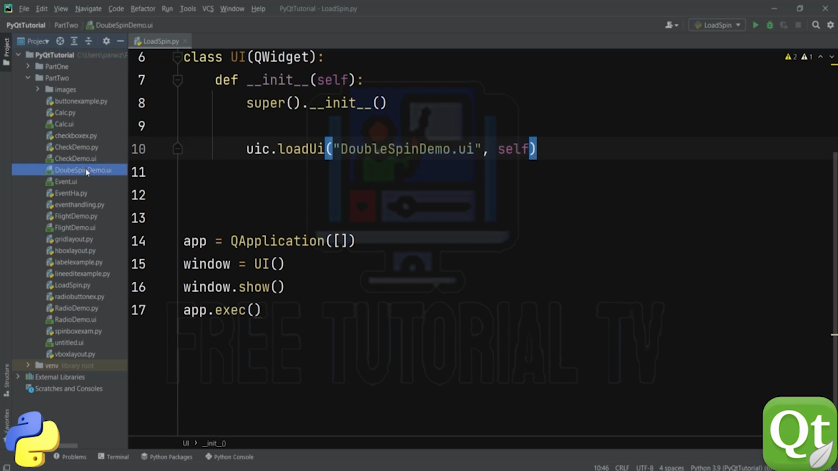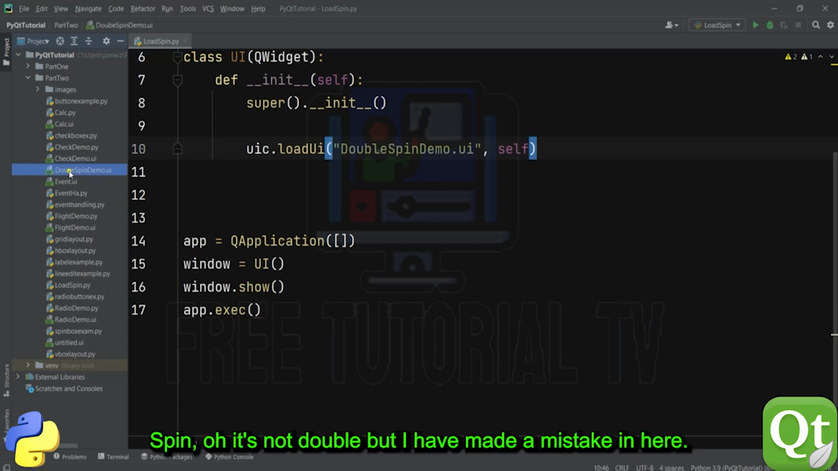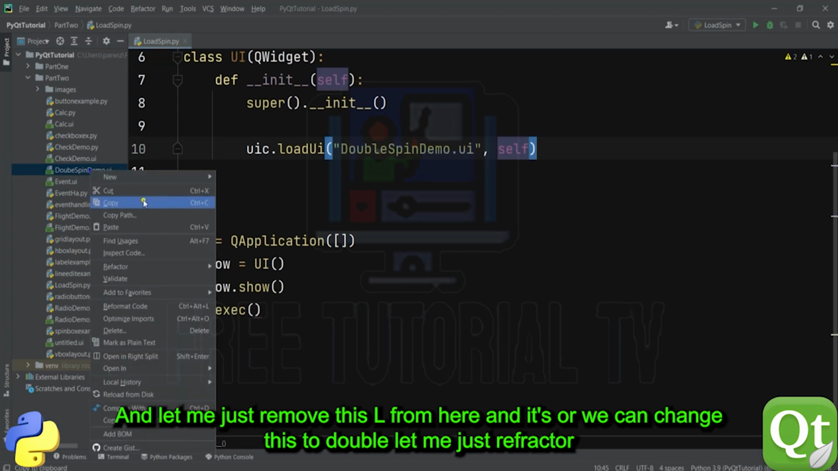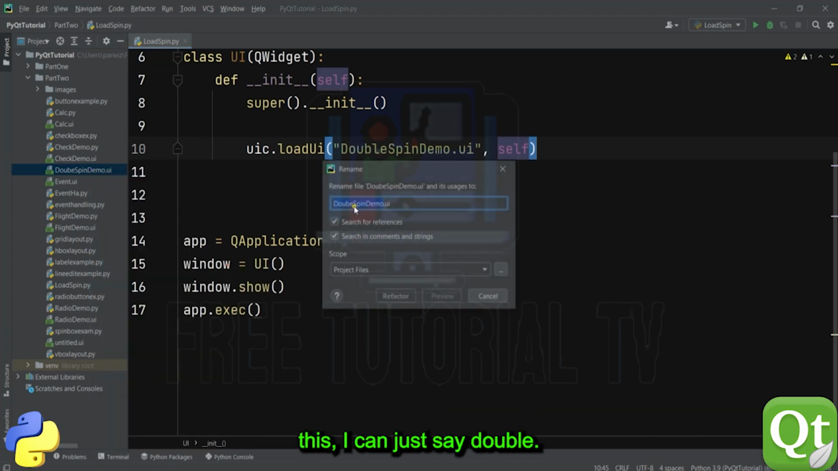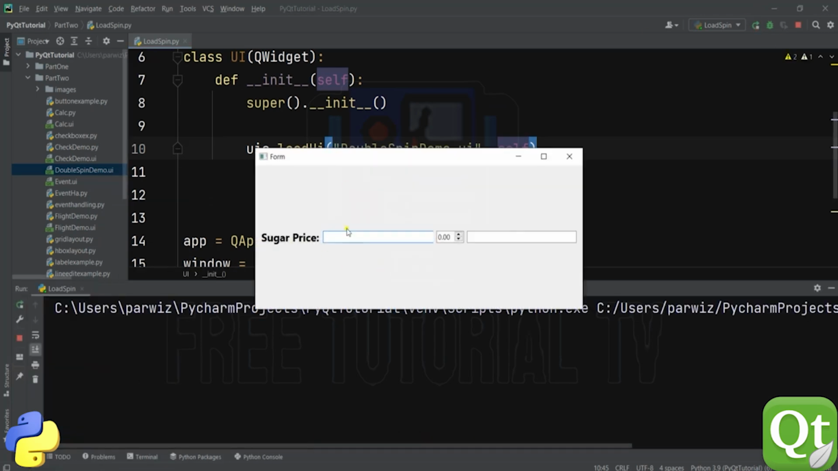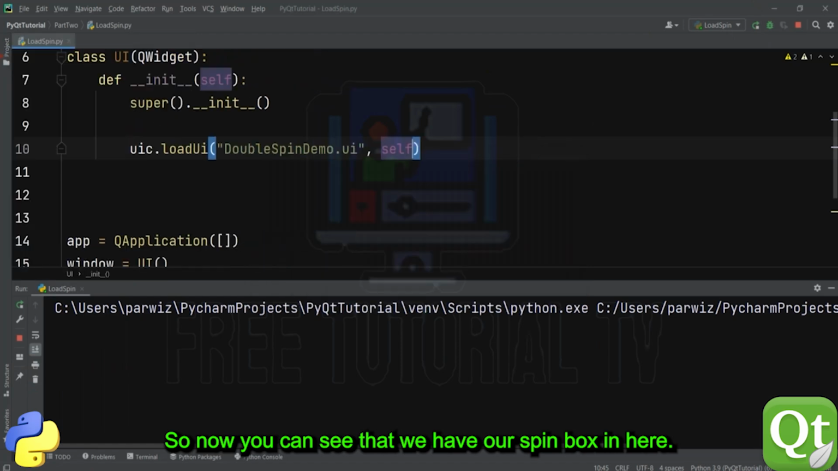Mm, double load spin, it's not double, but I have made a mistake here. It should be double, and change this proper to double spin box. So we'll run this. We can see that our spin box is in here,